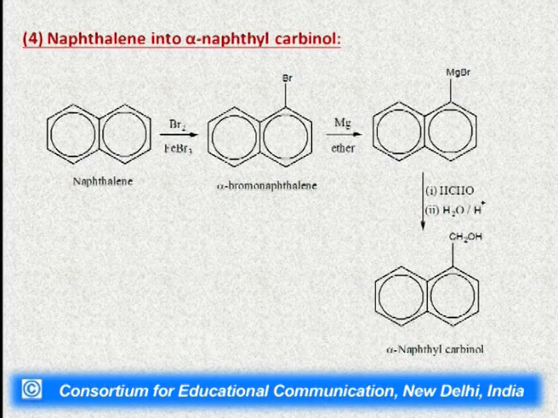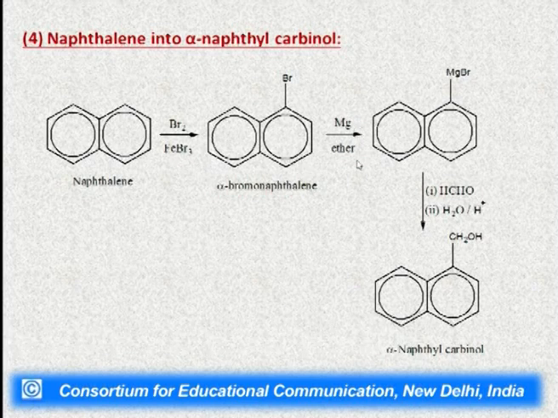This naphthalene can be converted into alpha naphthyl carbinol, which is called naphthalene in which the substituent is CH2OH. Here we have to add one more carbon to the naphthalene ring. For adding one more carbon, we have to use the formaldehyde or any chloromethylation reaction. So for this we have to first introduce the halogen in the naphthalene ring, which is done by the Friedel-Crafts reaction. This is a bromo derivative we are getting by bromination in the presence of ferric bromide, and on reaction